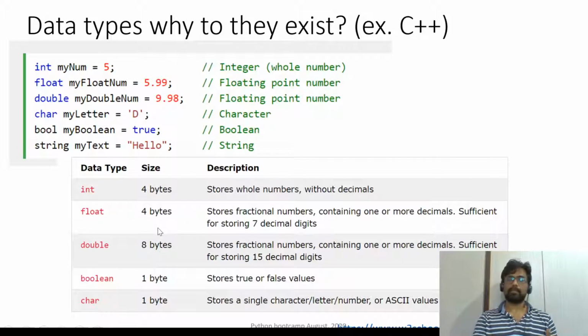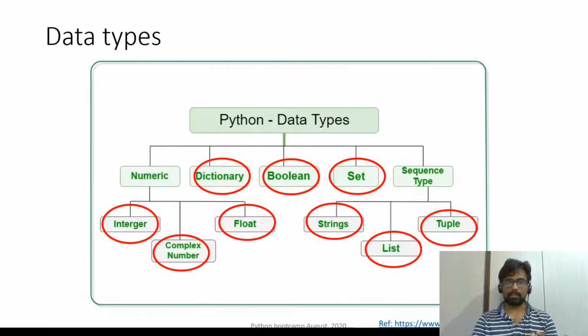In Python, it is dynamically resolved. Okay, so at runtime, such languages are called dynamically typed. So this is one of the most popular asked questions. When I interview people, I try to understand their understanding about data types. So these are the usual questions that I ask. Okay, and you need to know about Python specific data types.